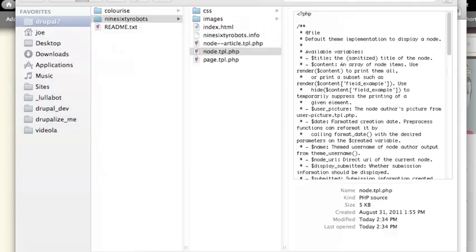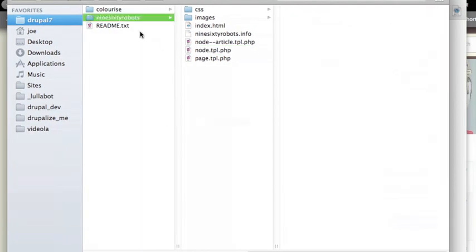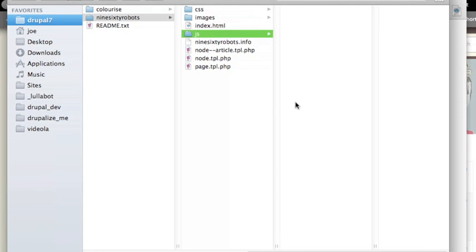So I'll copy those files, and over in my 960 robots theme, I'm going to create a new directory, and I'm just going to call it JS, short for JavaScript, and put those two files inside of it. This just allows me to keep things organized inside of my theme. Awesome. The next thing I need to do is use my .info file to tell Drupal about those two JavaScript